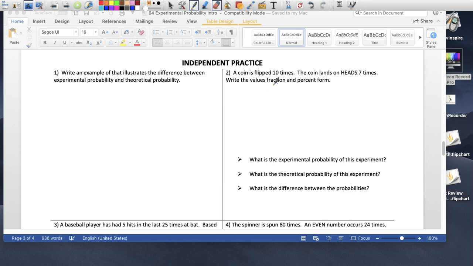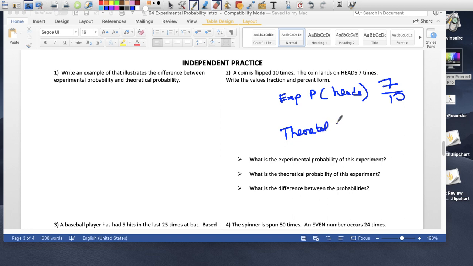Oh well, we have an example. A coin is flipped 10 times, the coin lands on heads 7 times. Write the values in fraction and percent form. So what's the experimental probability of this experiment? Well, the experimental probability of landing on heads, in the experiment, it landed on heads 7 out of 10 times. What was the theoretical? Well,